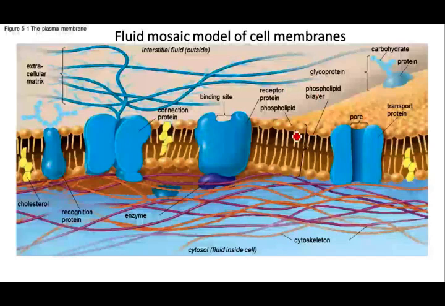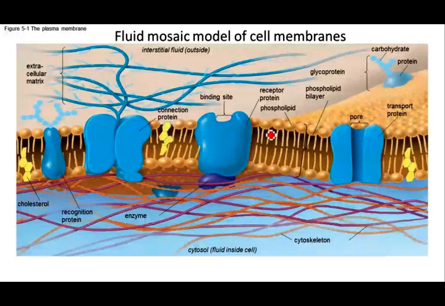So there's the phospholipid bilayer, and then in addition to that, there's also a bunch of proteins that are embedded in the membrane. Okay, and this creates what's called the fluid mosaic model of cell membranes. The fluid part of it comes from the fact that the phospholipids act as a fluid because they have unsaturated fatty acid tails. In addition, we have these guys, which are cholesterol, that are embedded in the membrane and help control the fluidity. And then the mosaic part means